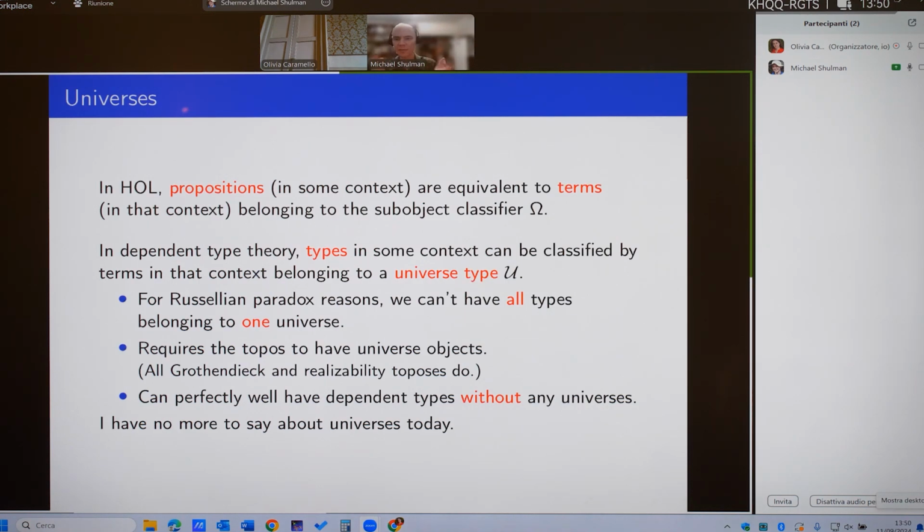Just as a brief mention of universes, right? So in higher order logic, propositions are equivalent to terms that belong to the subobject classifier in whatever context you're working with, sort of the object of propositions. And in dependent type theory, the types can similarly be considered to be terms belonging to a universe type. It's a little bit more complicated because we can't have all the types belonging to the same universe for Russellian paradox reasons, but we can still do it, and we have a hierarchy of